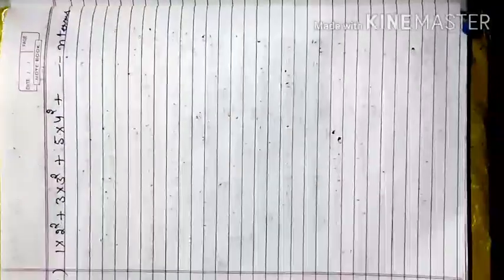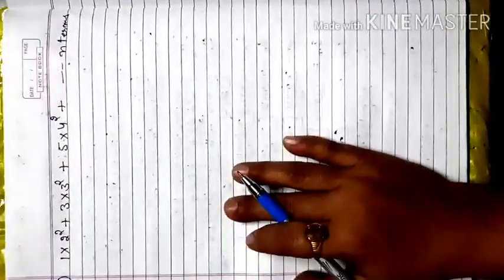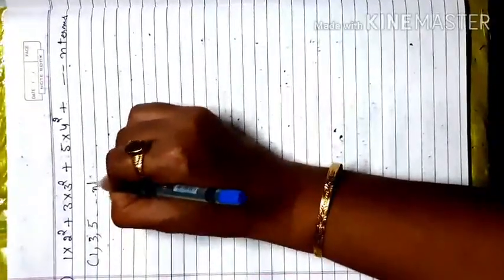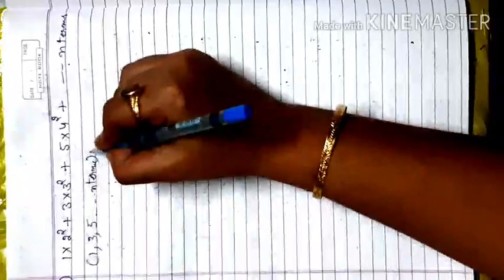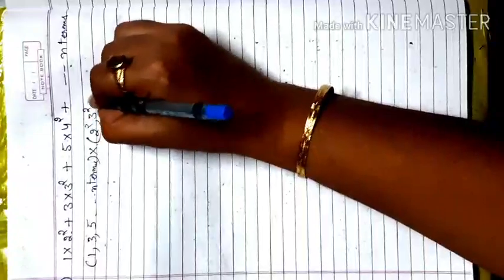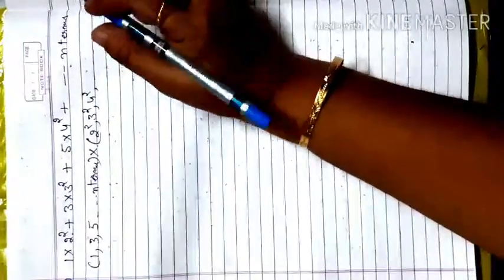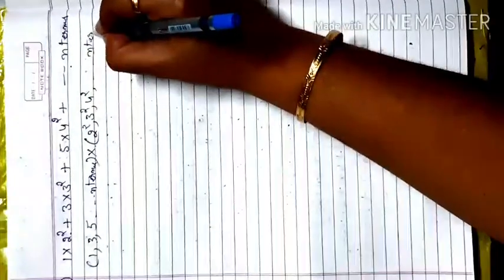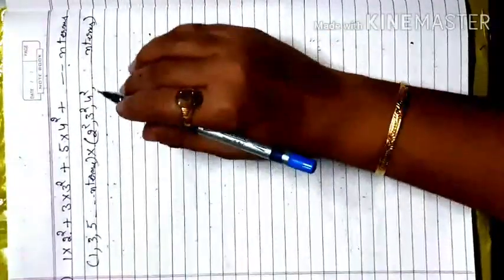In your next question, what will you do if your series comes in the square form? The condition is the same, you have to separate the terms in sequence form, like 1 3 5 up to n terms, multiplied by the other sequence. Now here 2 square, 3 square, 4 square. There is no need to multiply out 2 twice, 3 twice and 4 twice. You have to keep it as it is, whatever the term is.